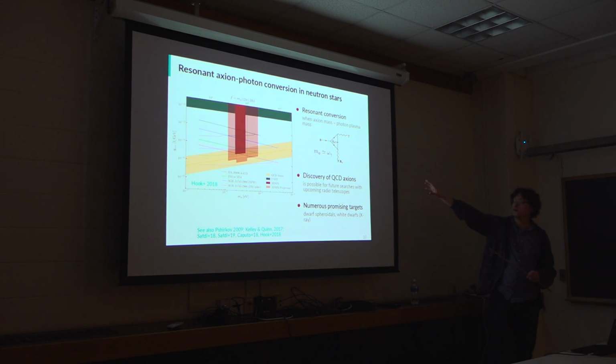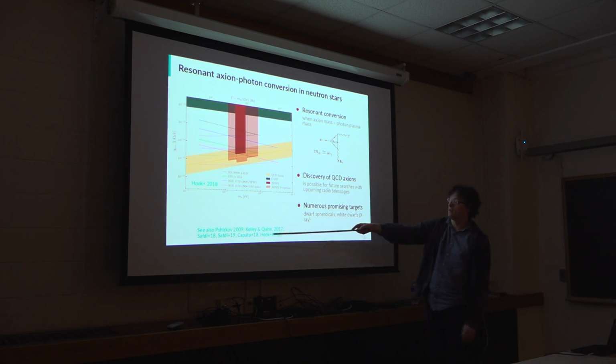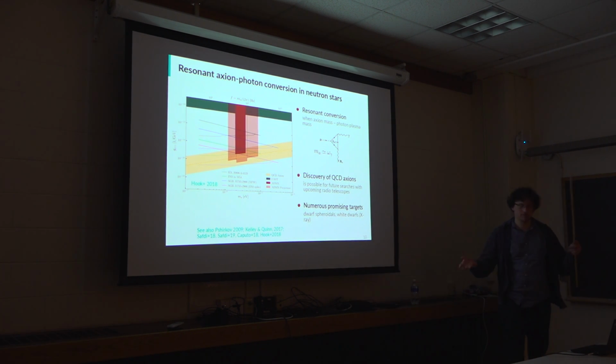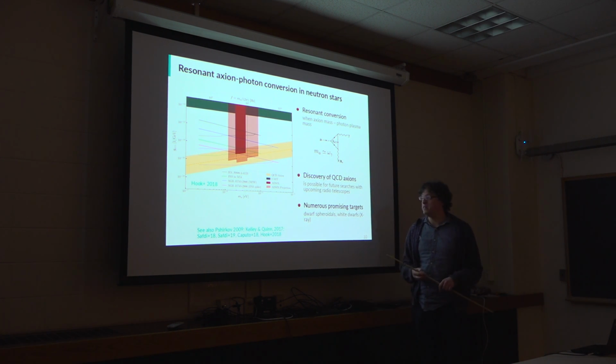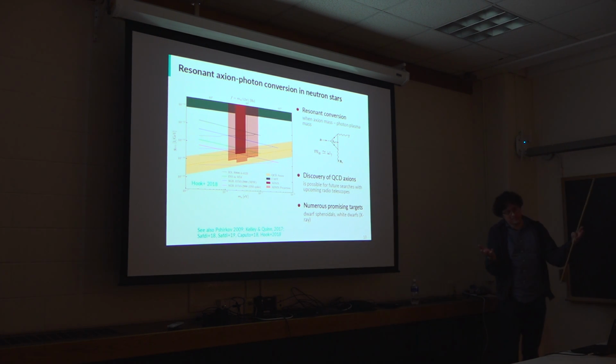So the idea that was proposed in 2009 is that you need a strong magnetic field for getting this conversion. Neutron stars have very, very strong magnetic fields, so maybe they could provide a very efficient environment for the conversion to happen. Also, because a neutron star is heavy, there's a gravitational focusing effect, so many of the axions from the dark matter halo would go through the central region around the neutron star. On top of that, what's interesting is that the neutron star is surrounded by a plasma.